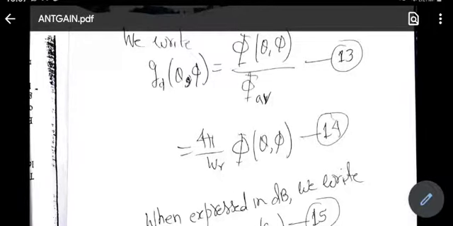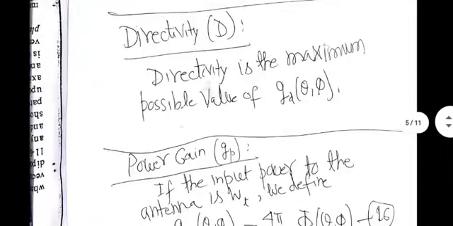In case the antenna is lossless, it is meaningless anyway, because WR will be equal to WT. But to capture the reality that an antenna is not necessarily lossless all the time, in fact it's never lossless, but in many cases losses are negligible. But supposing losses are not negligible, then to capture that reality, we reuse equation 14, but we replace WR by input power, which is WT, and define a so-called power gain.